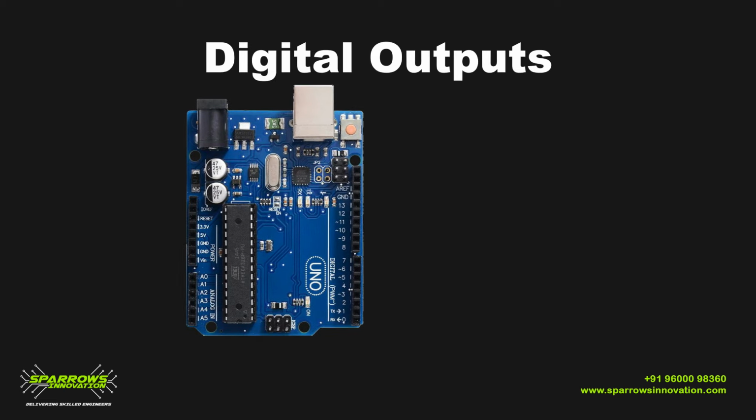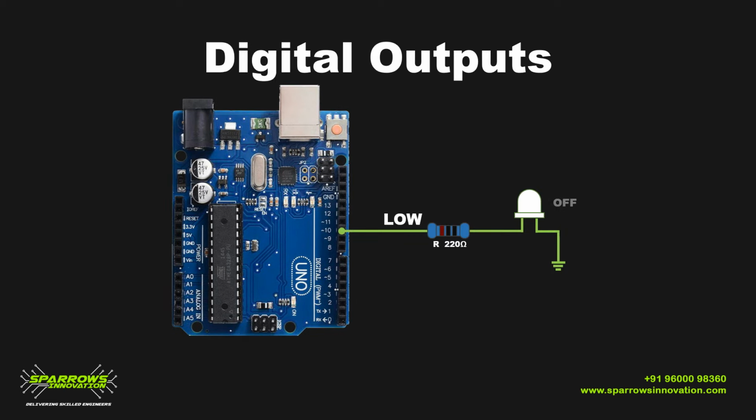In the previous video, we saw how to make your LED on and off by using digital output. By configuring a digital input output pin as digital output, you can make your LED on and off. If you don't know about configuring a digital output, please check our previous video. To use an LED on a digital pin, you have to configure that pin as digital output first. Then if you write a low, that means logical low, to that pin, your LED connected to that pin will get off. If you write a high to that pin, then the LED will turn on.